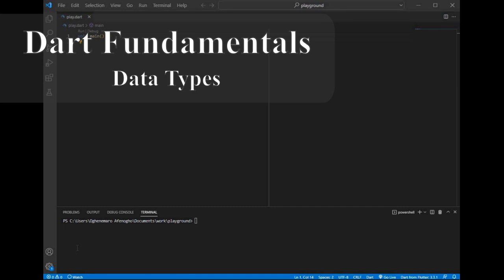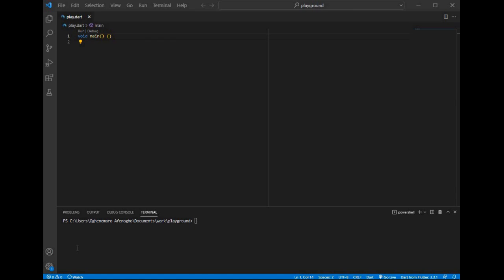Today we're going to be looking at the beginning of the Dart programming series. Now, this series is going to cover the Dart programming language from the very basics to more advanced concepts in Dart. So it's going to cover all the fundamentals you're going to require to start off as a Dart developer